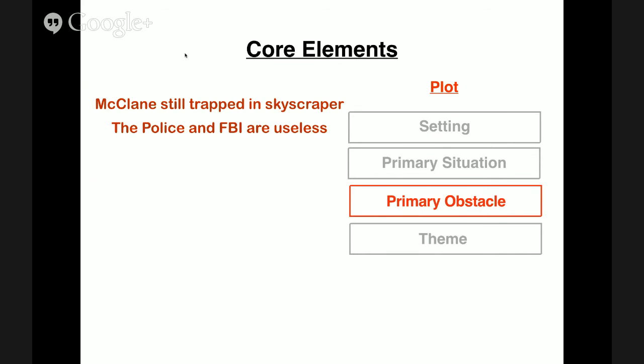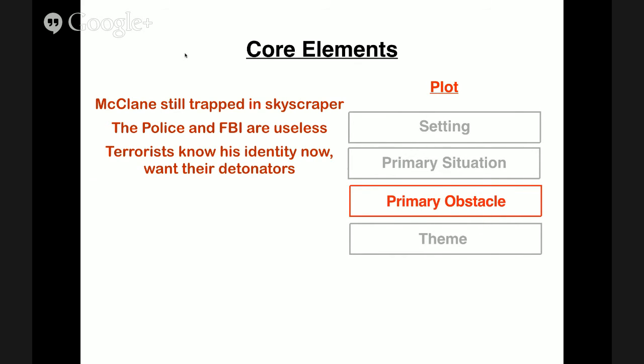That part's not over. The FBI and the police have proven themselves to be useless. Bumbling idiots. The only person with a brain on the ground is Al Powell, who grows to be McClane's buddy, but a character who's part of the plot side of things, as we'll see later. So the police and the FBI are useless. So his objective throughout the first part of the movie pretty much amounted to nothing, except complications. The terrorists know his identity now, before they didn't. So now they know it's John McClane, and they know he has their detonators.